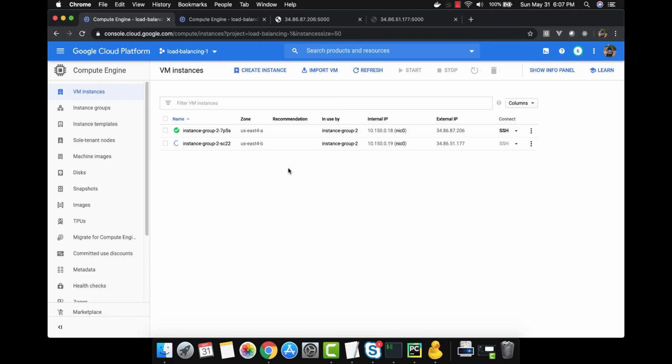Okay, so about 6 or 7, and you can see that one instance is going down, SC22, which was 177. This was the instance that came up as part of our auto scaling. Now that our load has stabilized, that instance is going down. Just keep in mind that it takes about 10 minutes. You can't do anything there. That is set by Google. So it takes about 10 minutes for it to decide, okay, for 10 minutes the load has been below